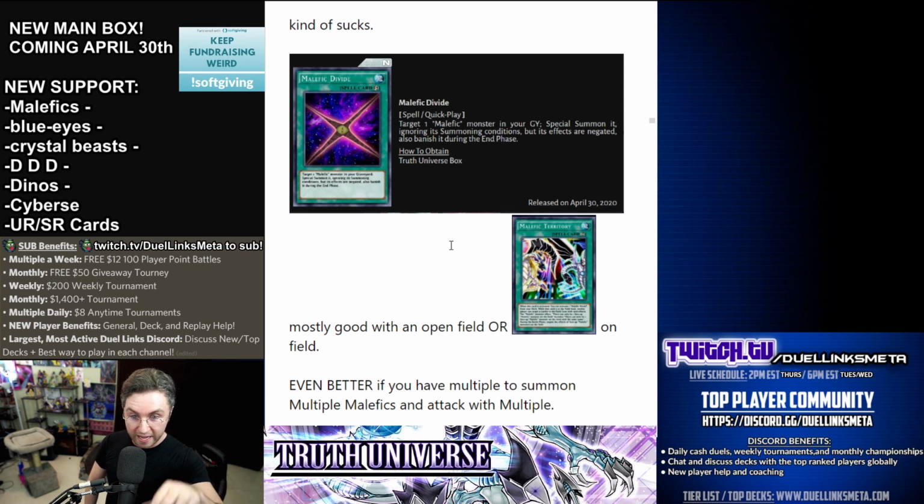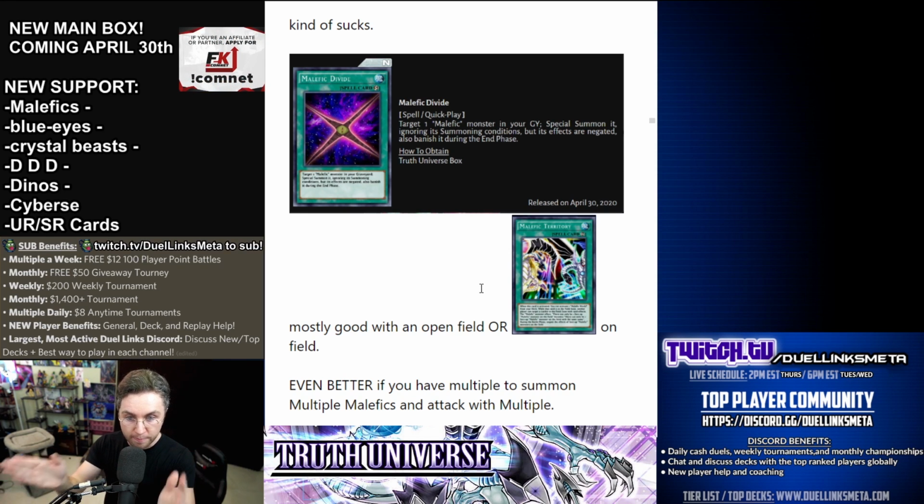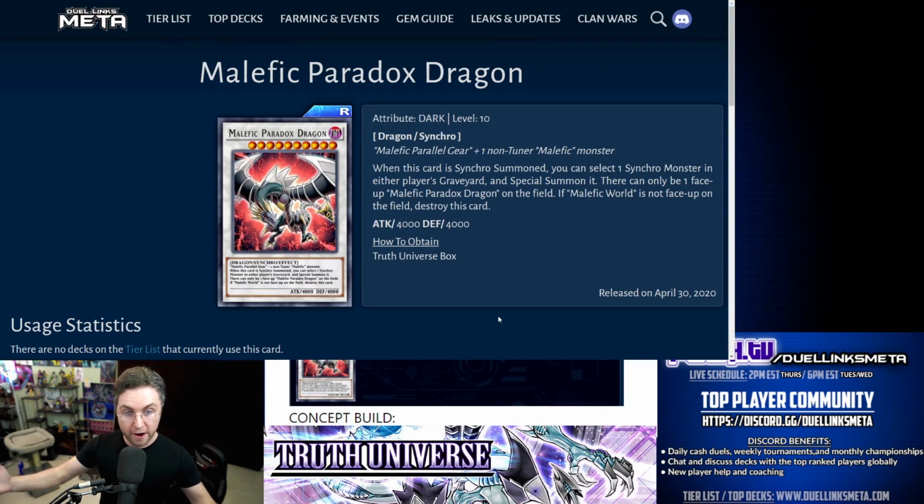You could special summon it, its effects are negated, you can attack. So if you have an open field or a territory, you could summon multiple Malefics with multiple copies of Malefic Divide and attack with huge monsters. Malefic Paradox Dragon is a synchro you could use with your level 2 tuner plus your Stardust to synchro into